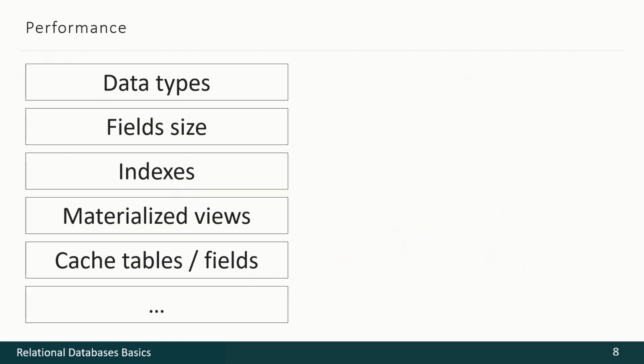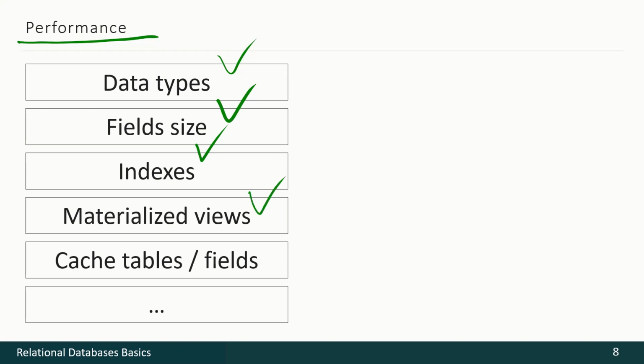The next fundamental requirement tells us that your database should perform good, perform fast. This is a rather difficult topic because it requires a lot of technical knowledge, a lot of technical skills, but from the beginning, when we just create database model, we may think about data types, if we select good data type or if we can select something better. We may think about field size, so it will not be too large or too small. We may think about indexes, if we've created all needed indexes and we do not create any unnecessary indexes.